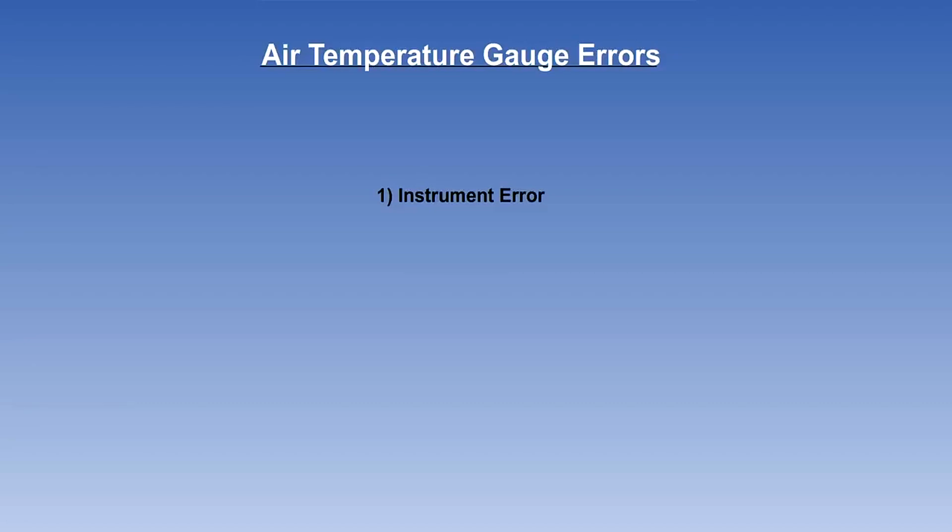Finally, in this lesson, we will look at the errors which air temperature gauges are subject to. The first is instrument error. This occurs in the manufacturing process and unfortunately, manufacturing imperfections are difficult to avoid. The second error is environmental error. This error can occur as a result of solar heating of the temperature sensor. Direct reading thermometers in particular can be vulnerable to this type of error. Solar heating can be reduced by shading, which happens in a remote detector.